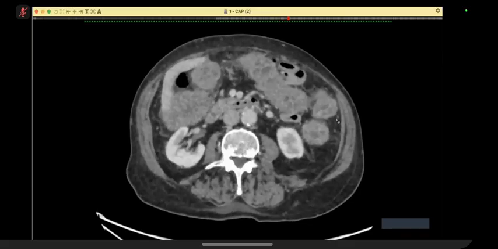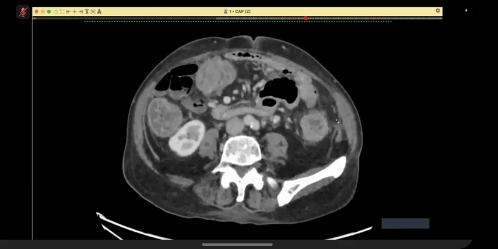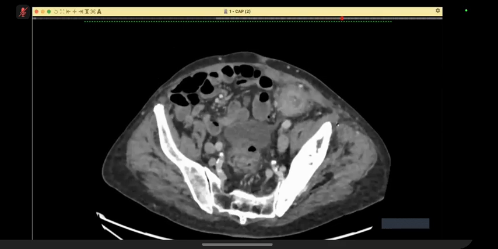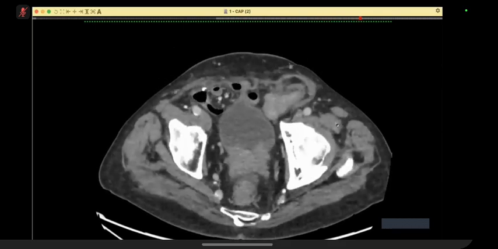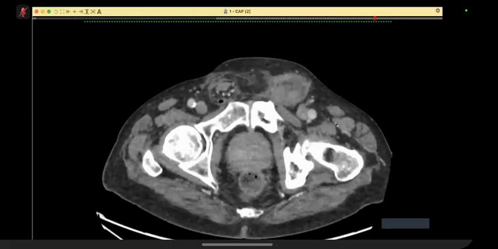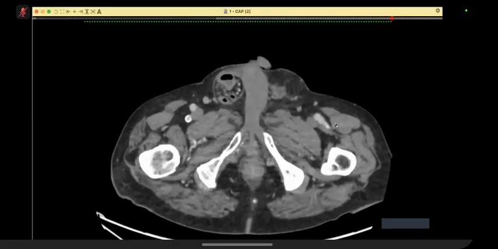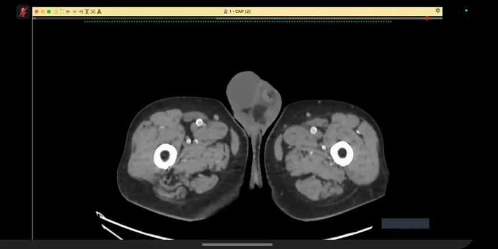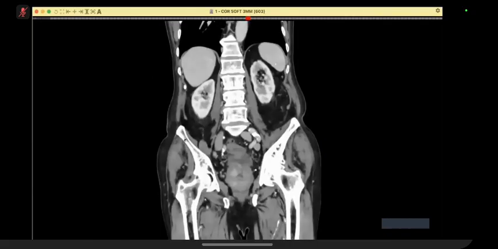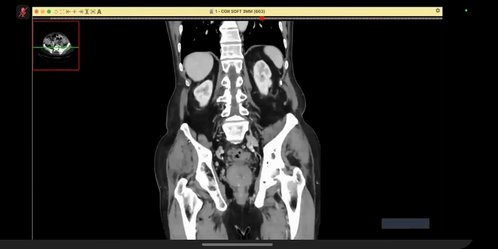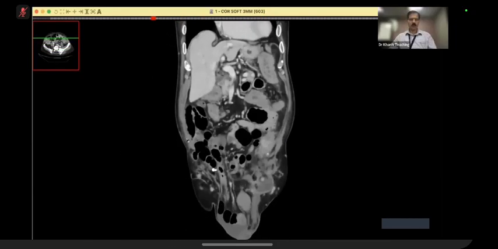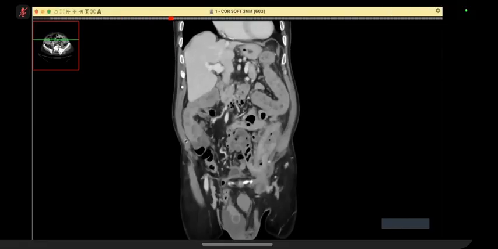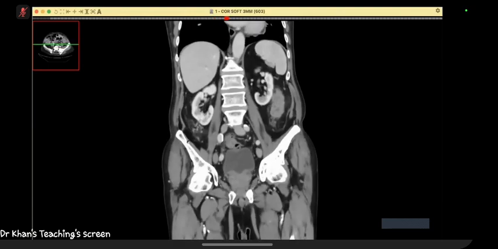You can see that in the left, the entire ascending colon, transverse colon, and descending colon show significant mural wall thickening with adjacent fat stranding. There is herniation on the left side as well as on the right side. On the right side, the bowels are reaching up to the testis. There is also evidence of free fluid in the hernial sac. So this is a pantaloons hernia